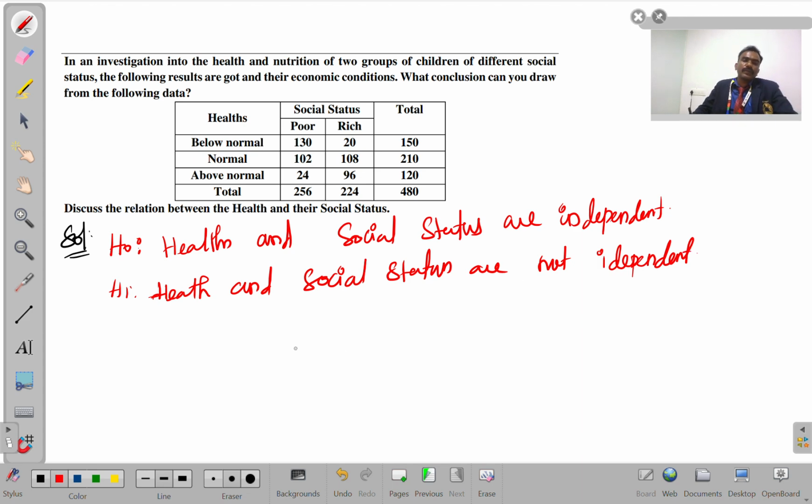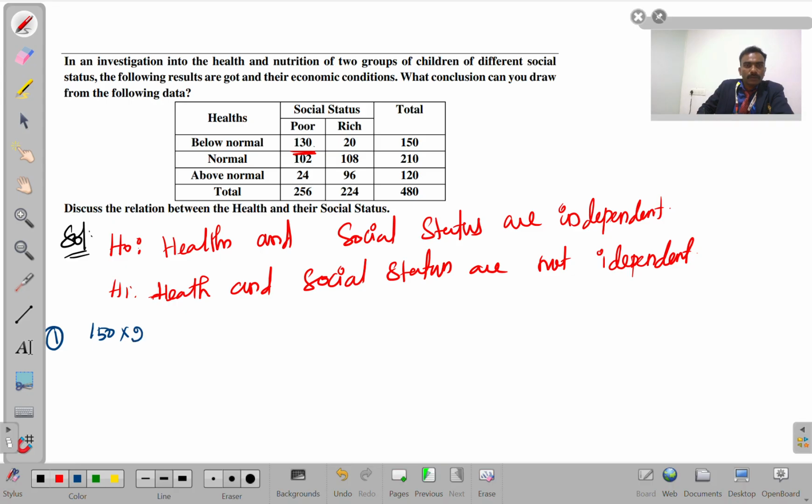Okay, so once you find H naught and H1, here the observed data is nothing but 130, 20, 102, 108, 24, 96. We need to find the corresponding expected values. As we discussed in the previous problem, we can first find the corresponding expected value. For the first one, 130, the row total is 150,